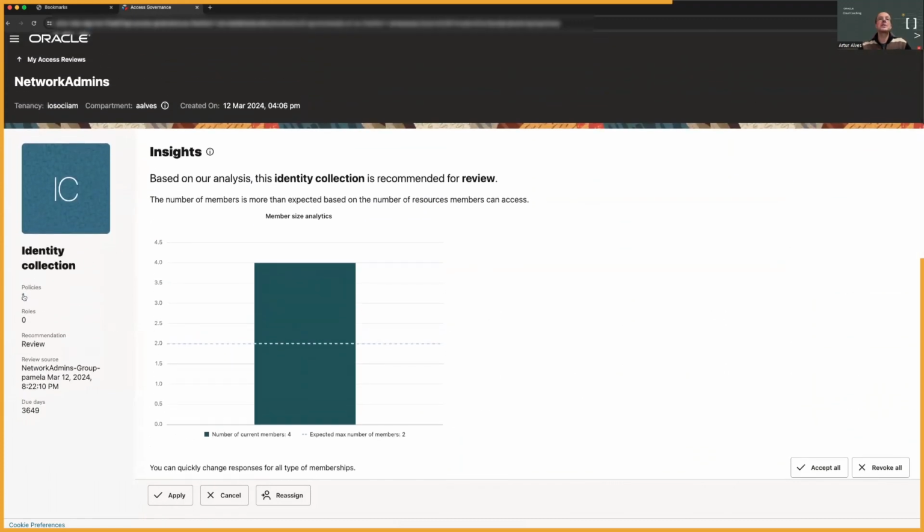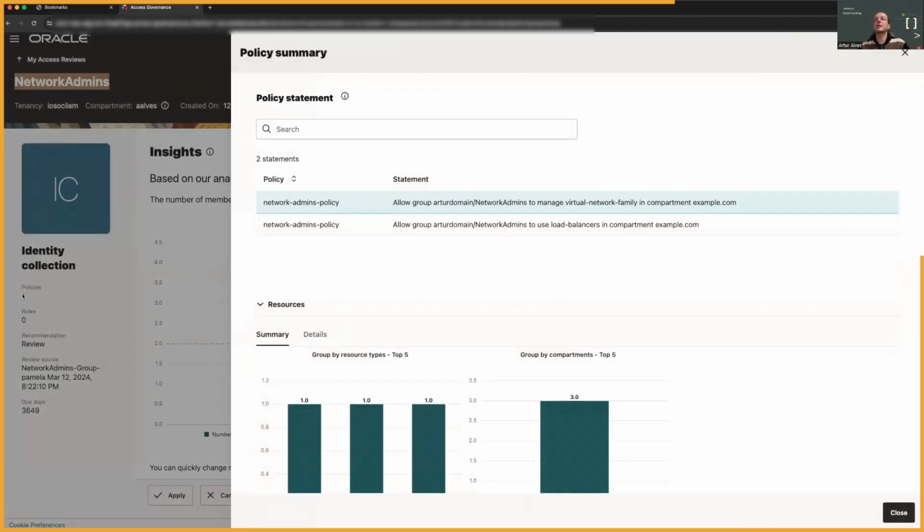You could also see for this group which policies are relevant and used in the OCI policy engine. And you can see that the network admin's policy takes advantage of network admin's group memberships to give access to some of the networking resources.